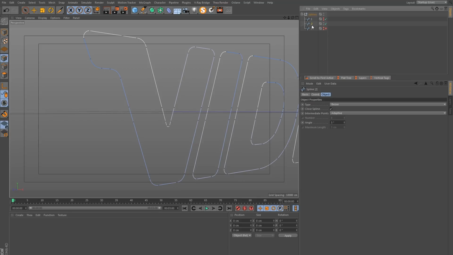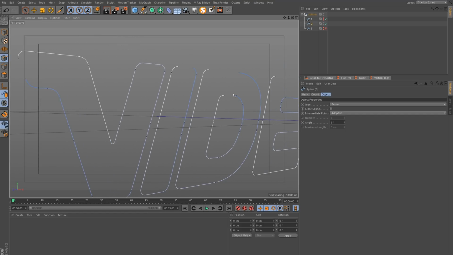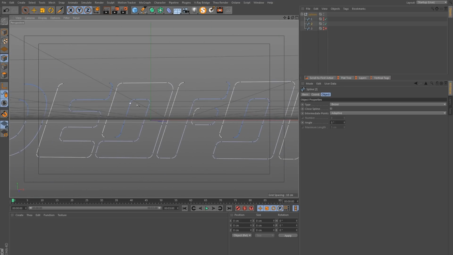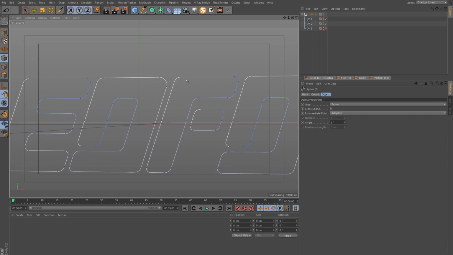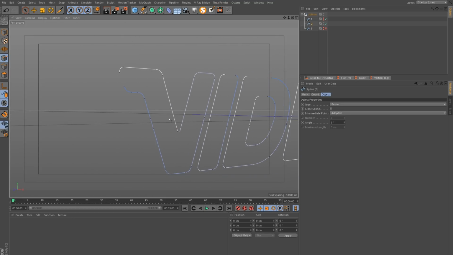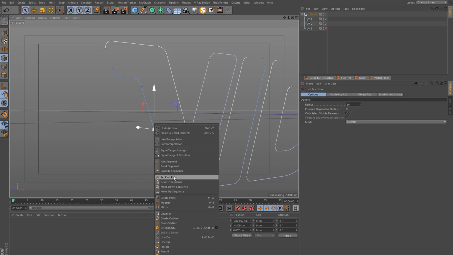So let's click back onto our spline, and we want to untick close spline, which means it's going to open up the letters here. And it may seem random how these are opened up, but I think it goes back to how you drew these in the first place. So, you know, when I drew the F, for example, I probably started here and then went around in this direction. So that's how it will appear. We want to change that, obviously, so let's select this point and set first point.